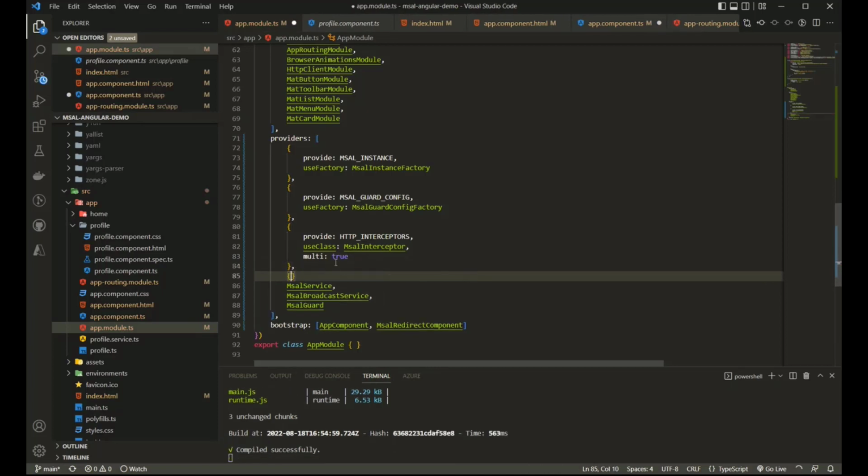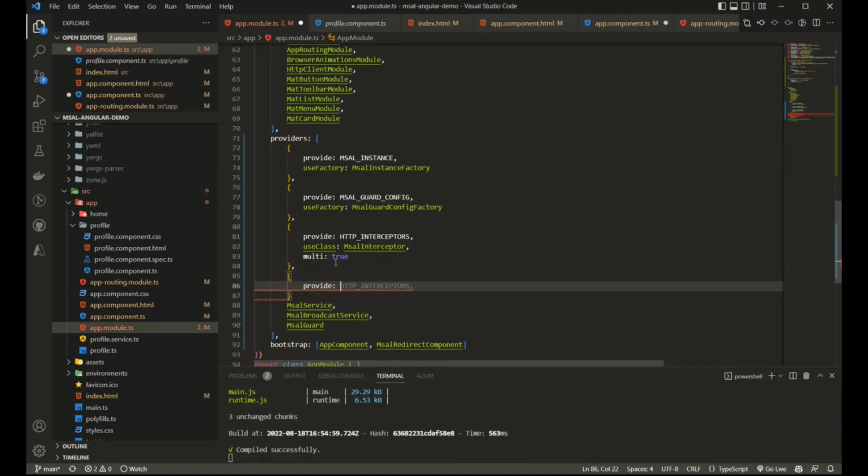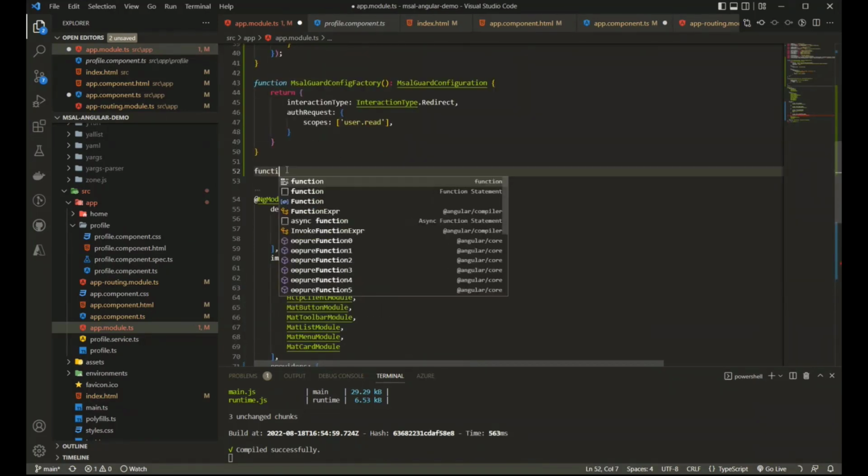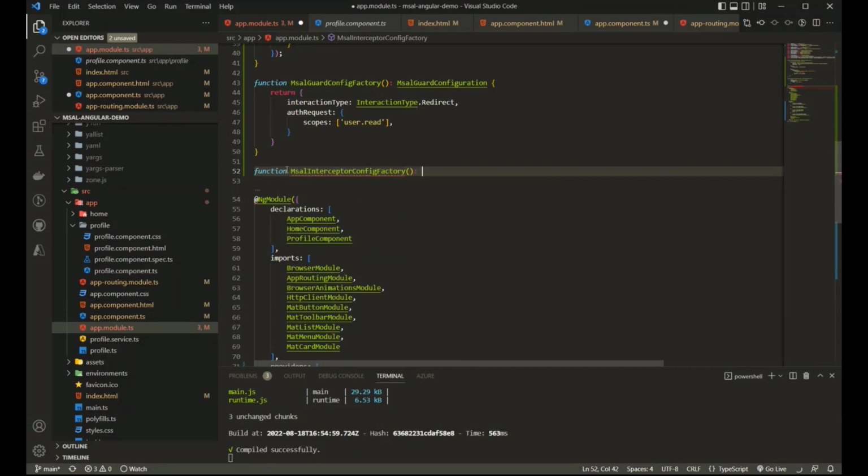And I also need to configure this. So I'll pass in my configuration similarly. I'll use a factory method here. Nope, interceptor factory. Let's not forget this and create our factory method here. Interceptor configuration.